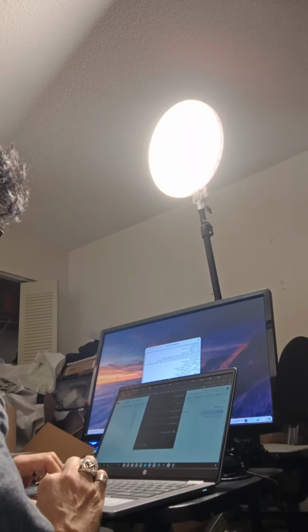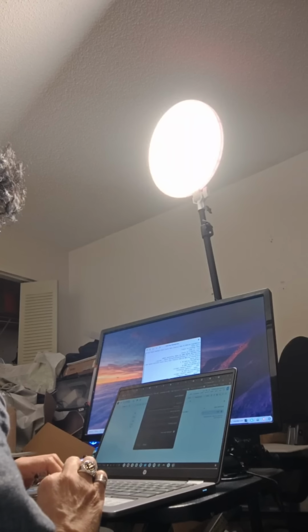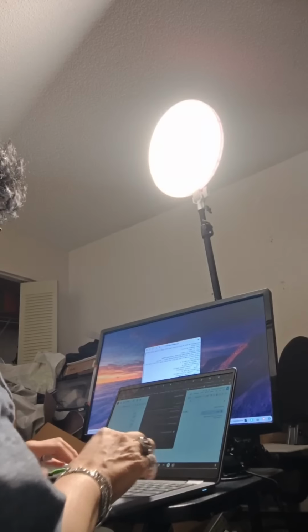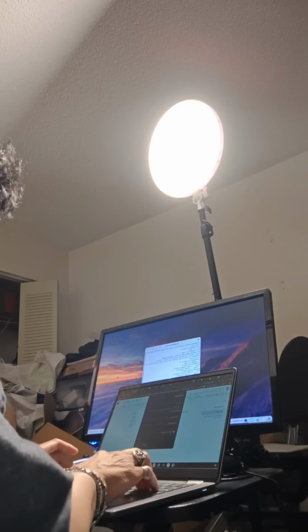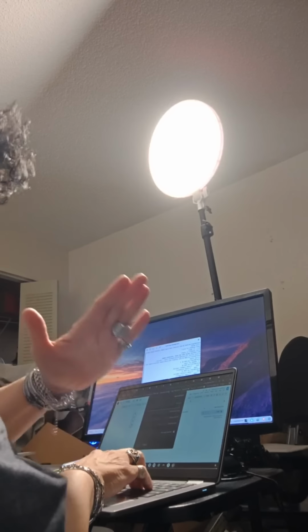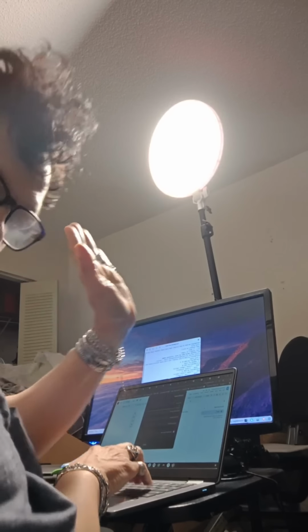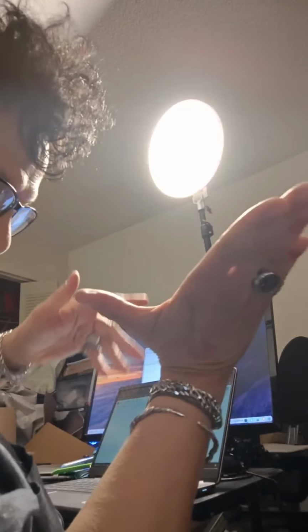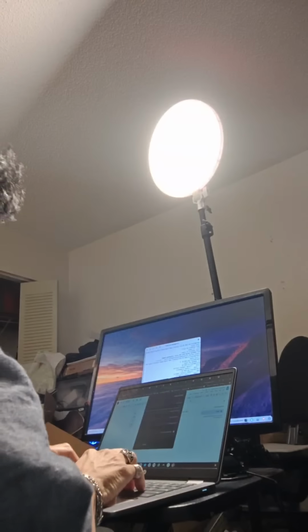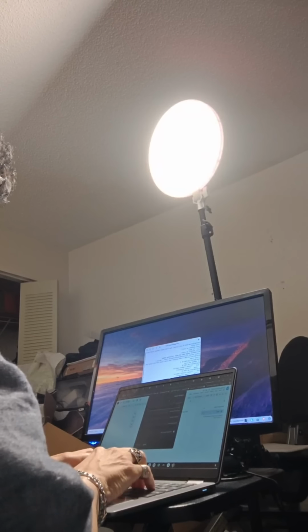Let me see if I can find the shares. Well, I know what it's supposed to be, but it might use the shares name. Let's see. Backslash, backslash. So backslash is this way and forward slash is this way. So I'm going to put down the computer's name.